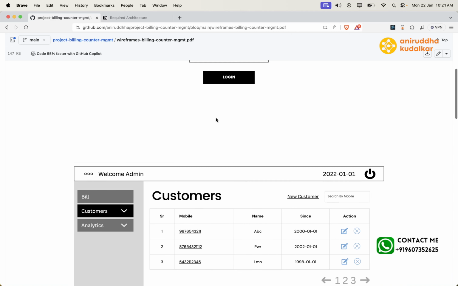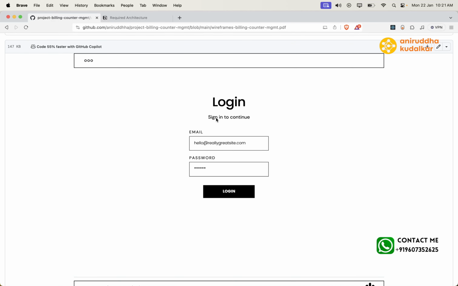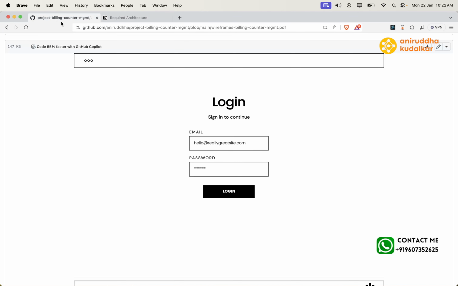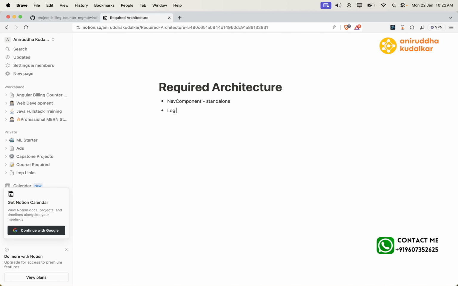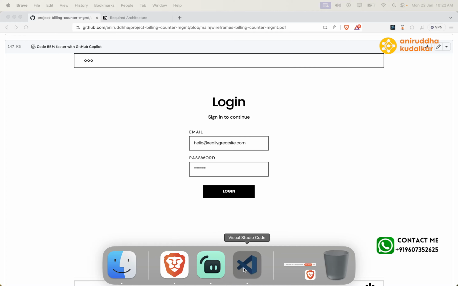Yeah, there will be a header component for the navigation bar, and the login is a different component. Correct. So we need this component separately. Right. So we can say nav component. This would be standalone. And a login. This would also be standalone. So these two components we can create and we need to use SCSS, right? Yes, right. Yeah. So what we will do,